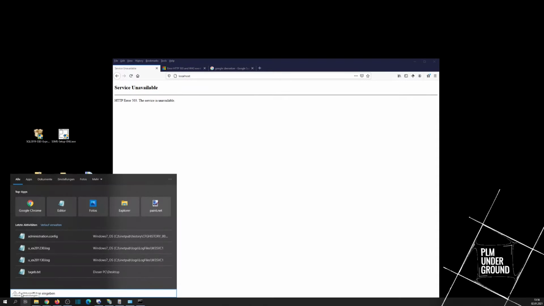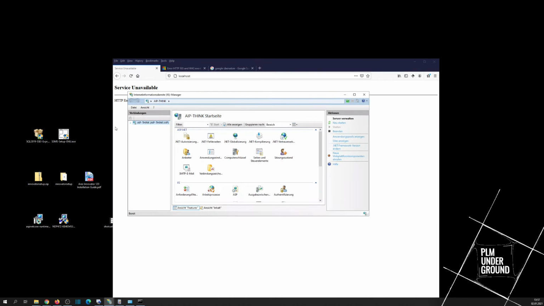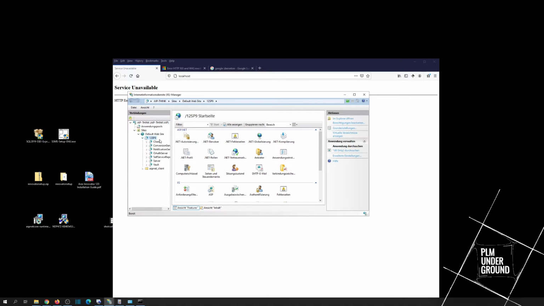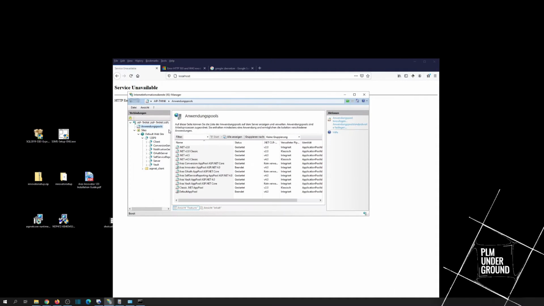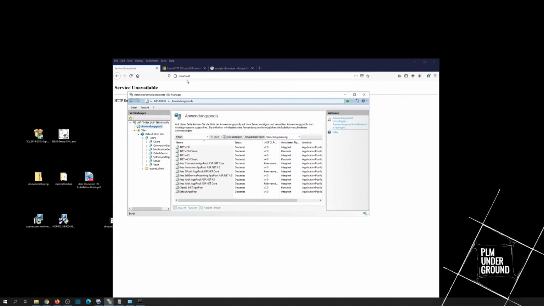So let's check what our IIS is doing. Okay, when we now open up IIS, you can see in my sites section I have a couple of new sites for my Innovator, but these are not of interest right now. I'm more interested in my application pools, and here we can see these two, RS Innovator app pool and the default app pool, are not started. So let's make a simple test first. Just let them start up and see if we have any better result.